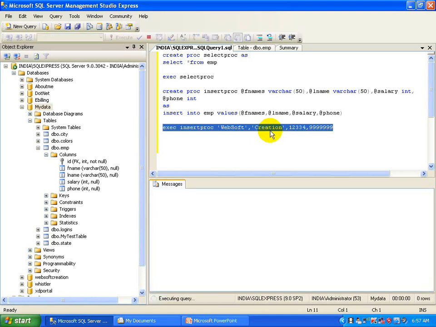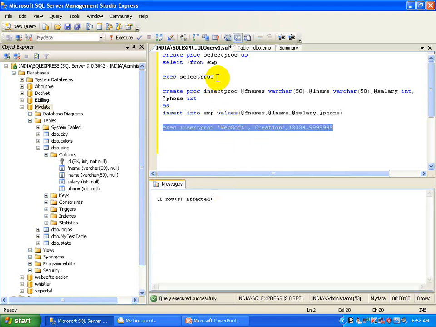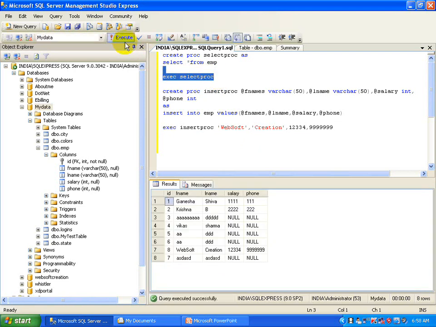Execute it, and you will see the output: one row affected. Now you have this record. So this is the insert proc.